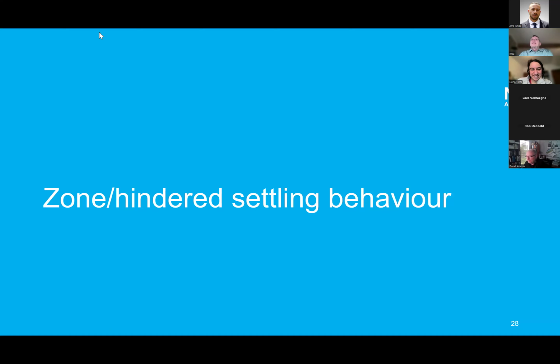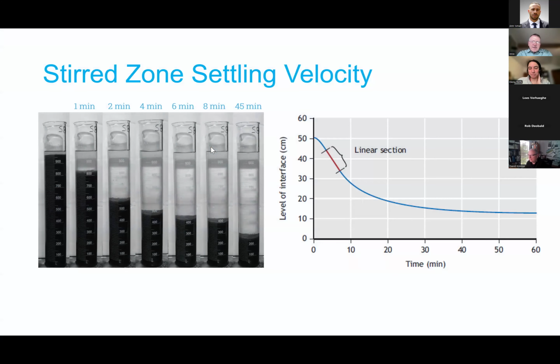Let's go to the next one, where I had an experiment showing the MLSS in various dilutions that you put into a graduated cylinder on the left side, and then you wait a minute, 2 minutes, 4 minutes, and all the way to maybe 45 minutes in this case. What you see is that at the beginning, it drops at a constant speed, constant velocity. The blanket or the surface of the sludge is dropping, and then it's slowing down. So that's plotted on the right side, where there is this linear section, and this is called the initial zone settling velocity. And then you can repeat this experiment